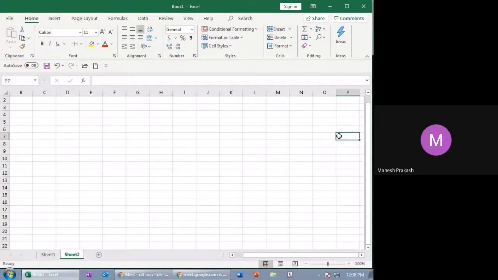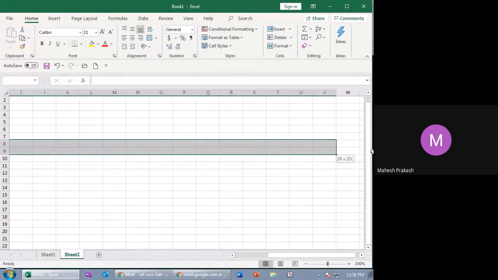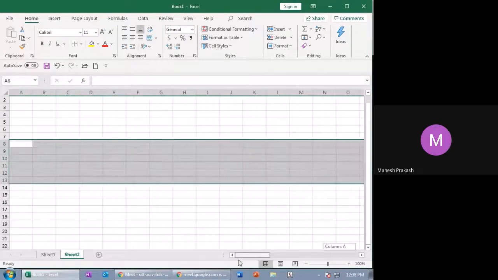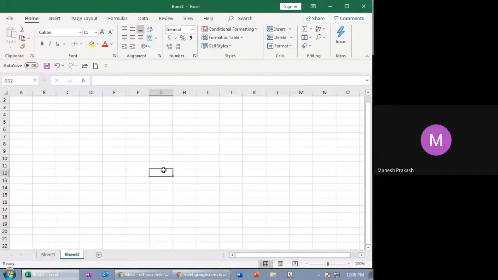If you go till here, it will become Z and then A, B, A, C. So it will go on. You can have as much as you want, but if you have data in the form of columns, it will be really huge. Even if you want to drag this way, it would not be easy for us. So you cannot view the data at once. You need to scroll it.